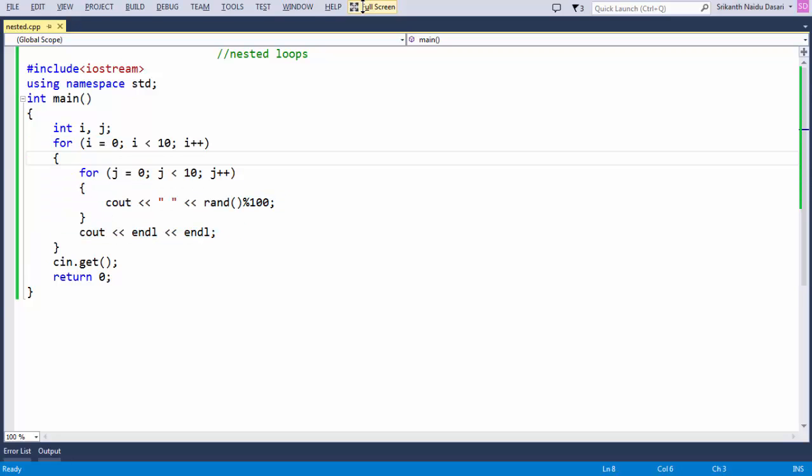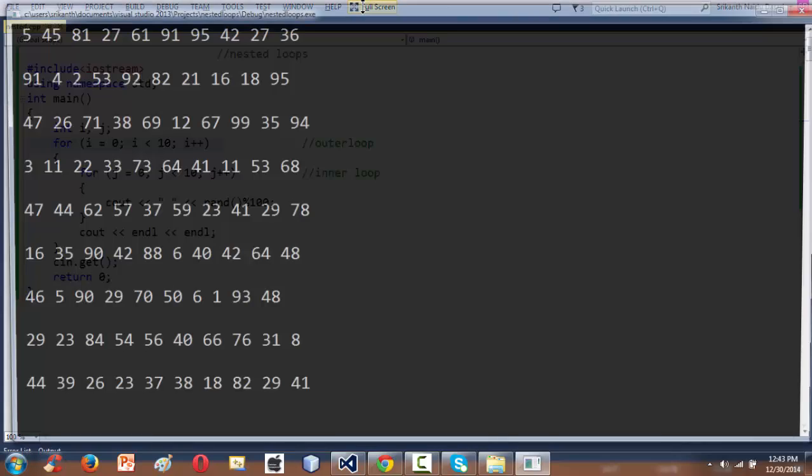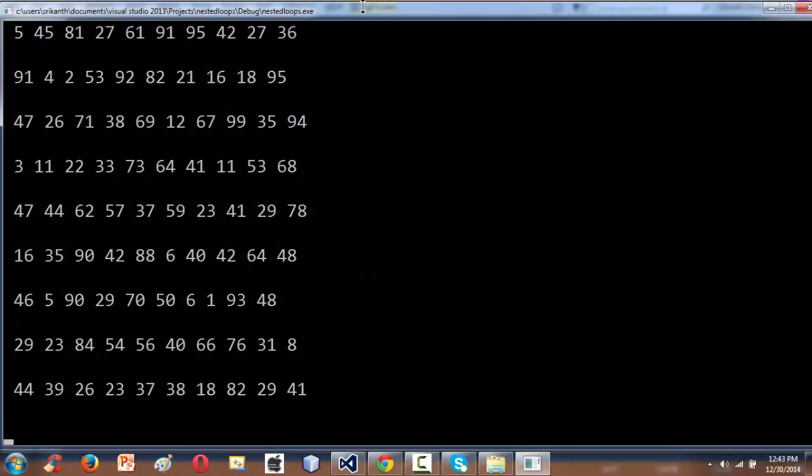So this is the outer loop. Let's have a comment here: outer loop. And this is the inner loop here. So we have two loops here, outer loop and inner loop. The sole purpose of the outer loop here, if you run the program once again, is to maintain the